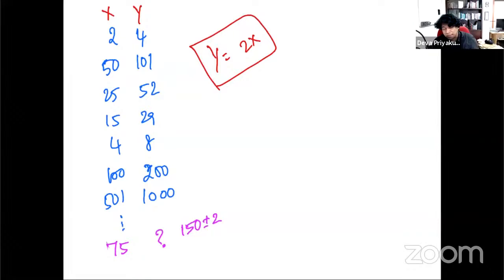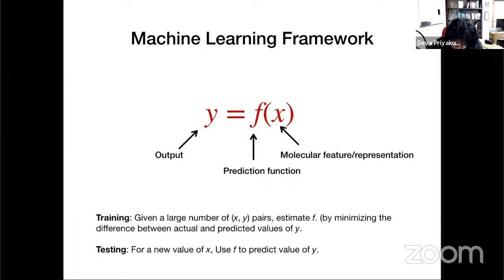But in the other case, what we did is to figure out, or learn, the relationship between X and Y. Let's go back to this slide now. In machine learning, the basic framework is this. Given a set of inputs X, let's assume I know a set of values of Y. I know X, Y pairs. What do I want to do? I want to figure out what this function F is. That's exactly what we did here.